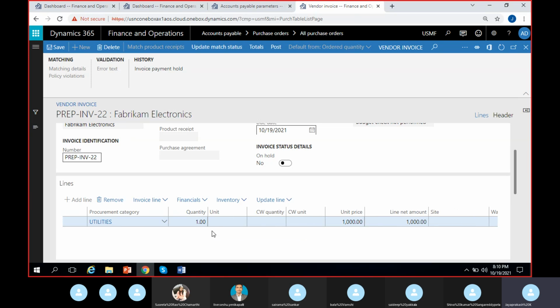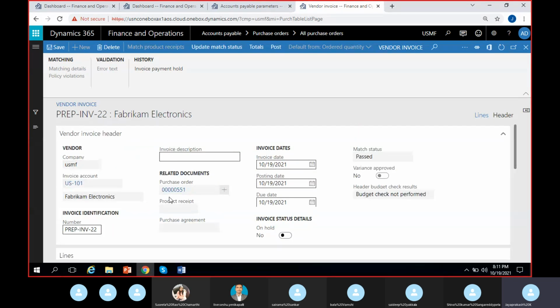And it automatically takes one quantity only. However much quantity you have on the PO, it doesn't take it. It just shows one quantity on the prepayment invoice line, and it will directly show the prepayment amount. It will calculate the percentage and bring that amount. So the 1,000 is the prepayment amount, right? We have applied on the PO. So for that 1,000 only, we can see this prepayment invoice is created, and by status it automatically shows as passed